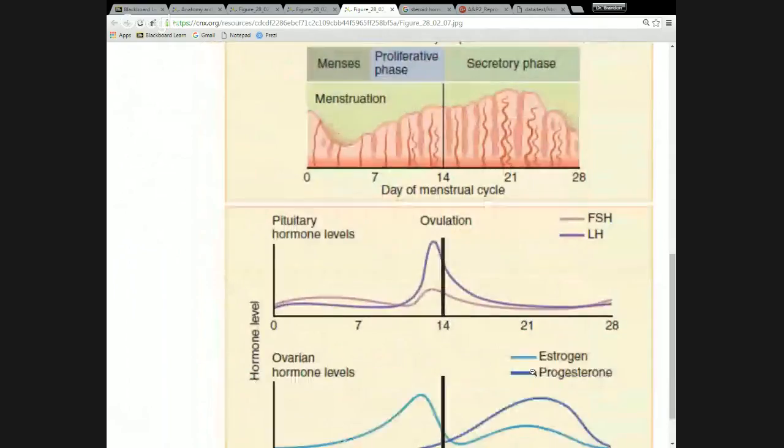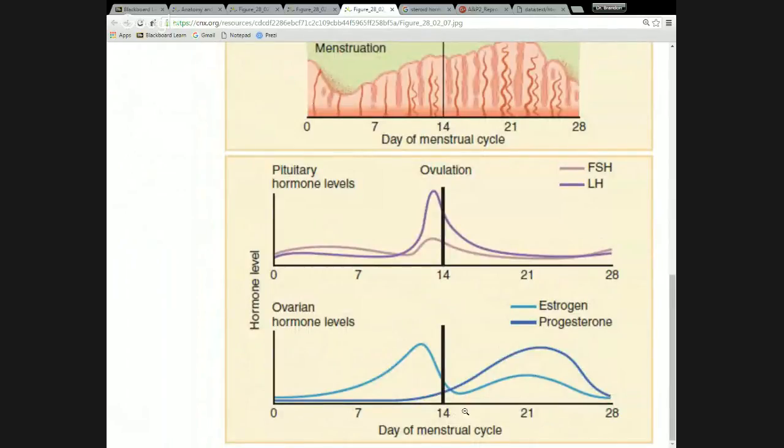So these two graphs at the bottom show the concentration of the pituitary hormones in the blood and the concentration of the ovarian hormones in the blood. Again, set up on the same 28-day cycle. So at the beginning, because of the release of GnRH, which is not in this graph, FSH and LH levels start to grow. FSH is predominant between the two, not a huge difference, but it is predominant because it's stimulating the follicles to develop. The levels don't get very high, and they dip down here because estradiol levels are increasing. Now in this, they label this estrogen, but it's specifically estradiol